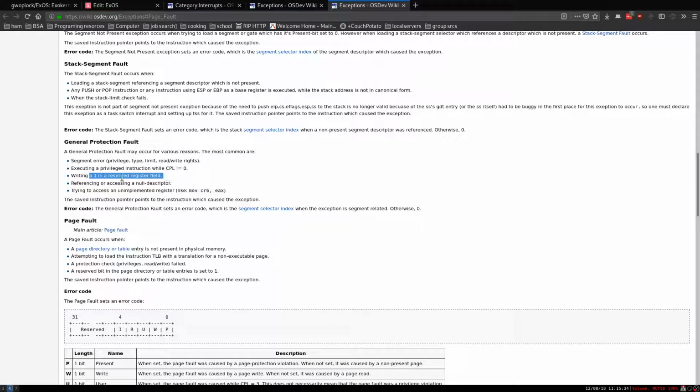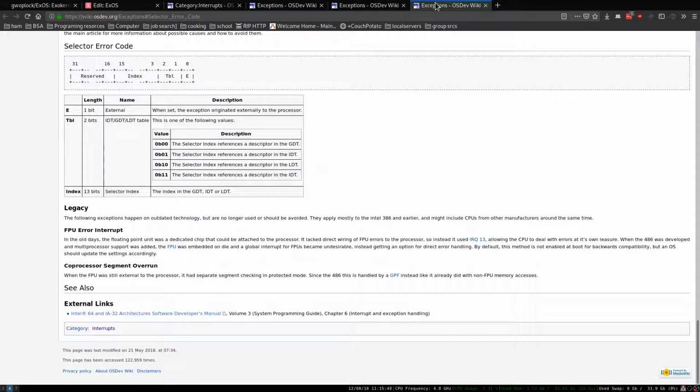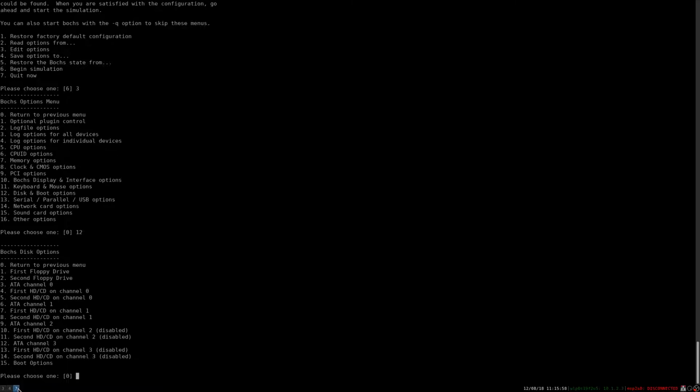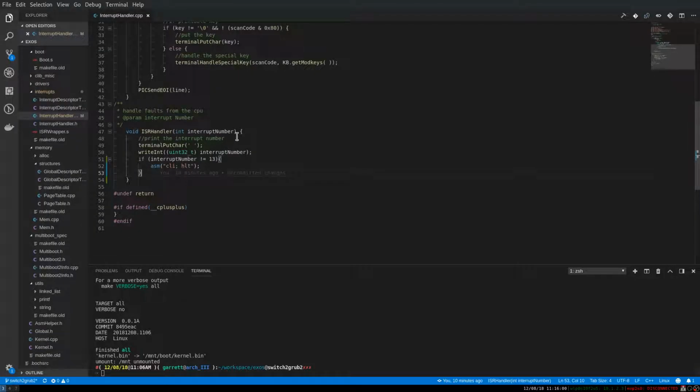Writing 1 in a reserved register field referencing or sets an error code, which is a segment selector. Otherwise 0. Okay. So, in theory,